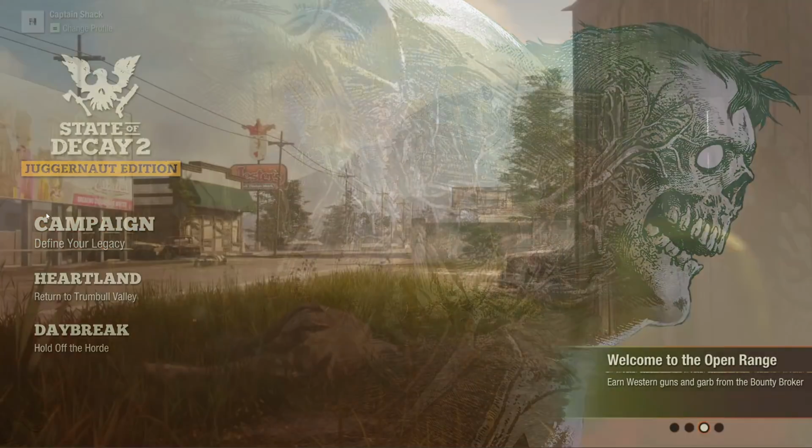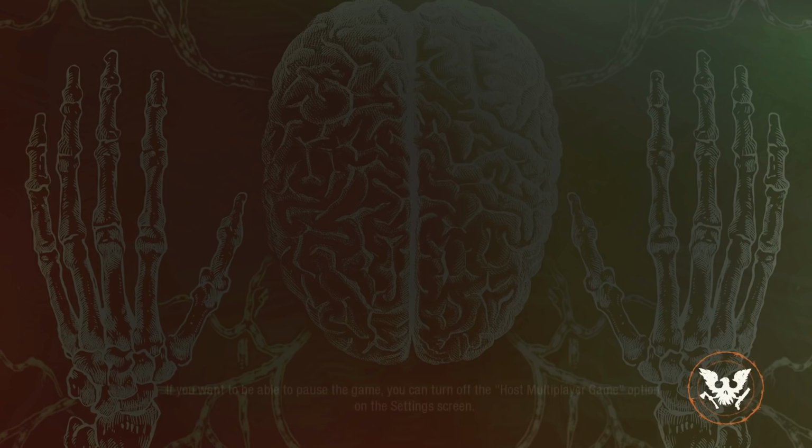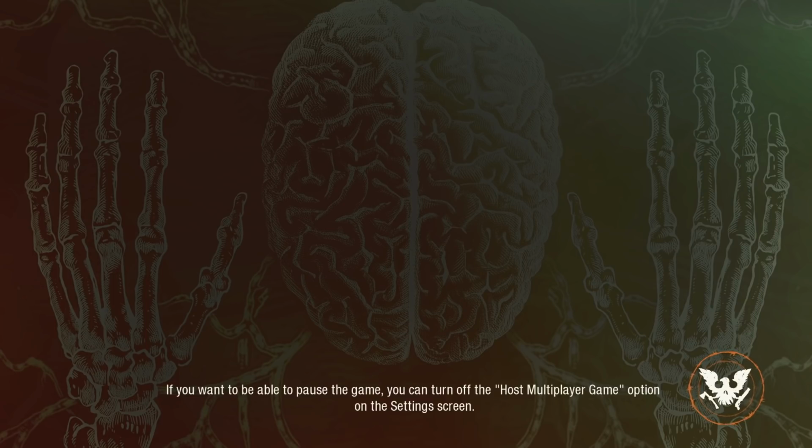So let's dive into the campaign. Let's look at what mechanics are available. We'll continue my game. So what you play as isn't one character. You play as a community of characters, each with their own varying skills, and the game's main focus is resource